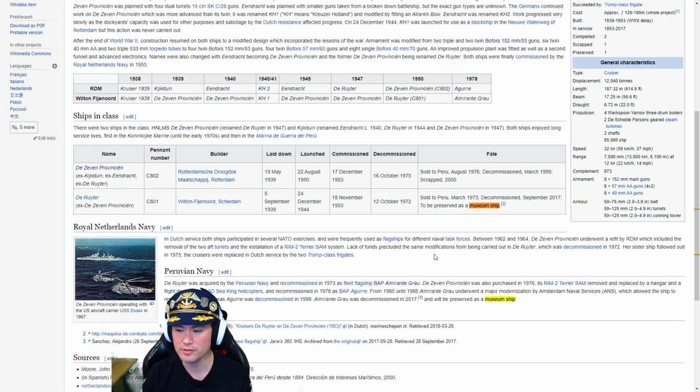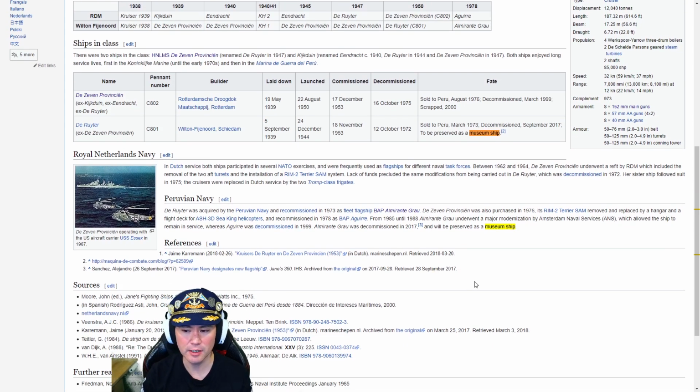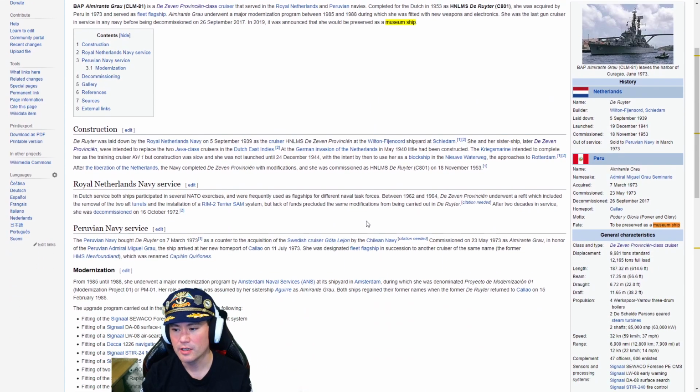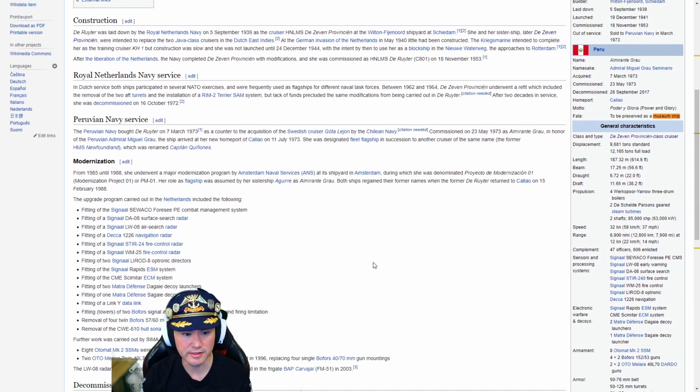And then prior to that was the Tier 7 ship, which is escaping my mind right now, and you're all going to be like, ah, come on, Zath. But you get the idea. There aren't that many ships in World of Warships from South America, so that was very interesting to me as well. I wanted to learn more about this BAP Almirante Grau, so I went ahead and took a look at it, and as completed,